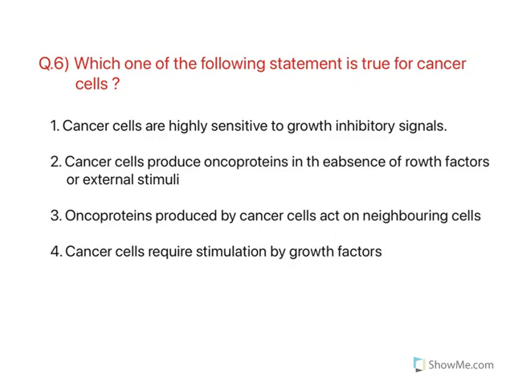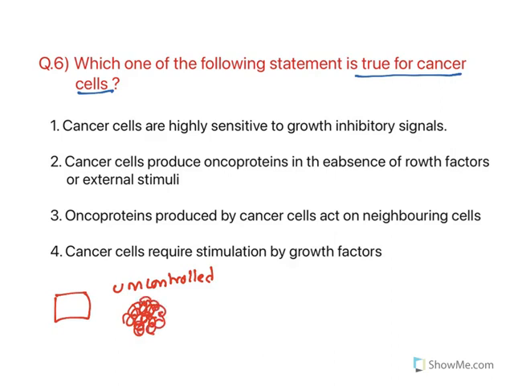Which one of the following statements is true for cancer cells? Now, we need to understand certain cancer biology. Cancer means uncontrolled cell division. What happens in cancer? The cells continue to multiply, and they form a kind of tumor mass. Now, in order to continue to multiply, what does it need? It needs growth factors. The human body has certain types of growth factors. The growth factors will be released when there is a requirement and result in a growth spurt, and after that they won't be released regularly. So the growth factors are from endocrine glands.